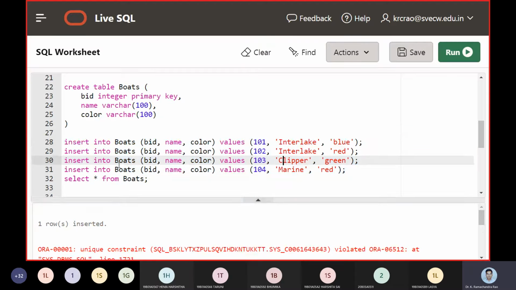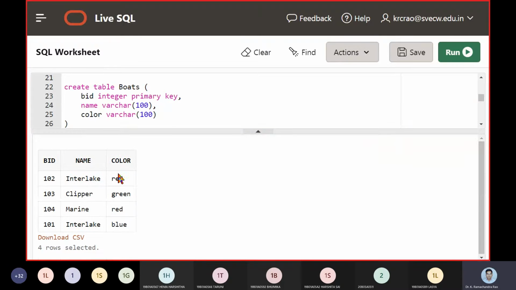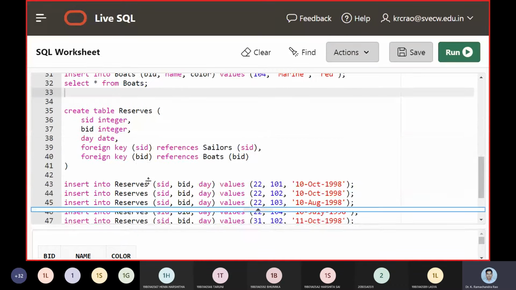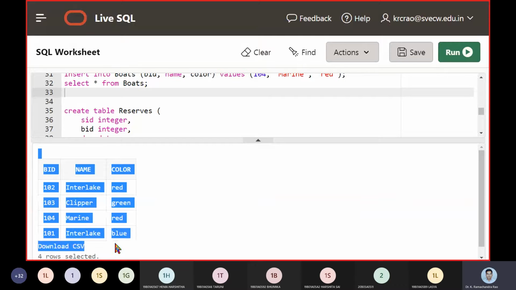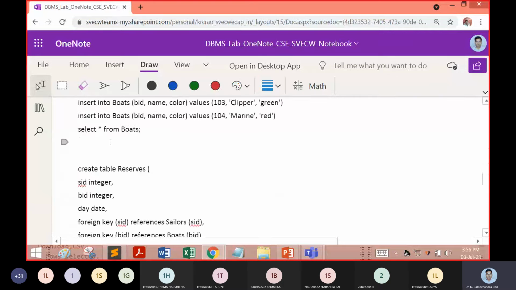Some errors are occurring in the databases. So you can see 101, 102, 103, and 104 are done. Okay. Next, we will take these databases to our work area, as it is done.